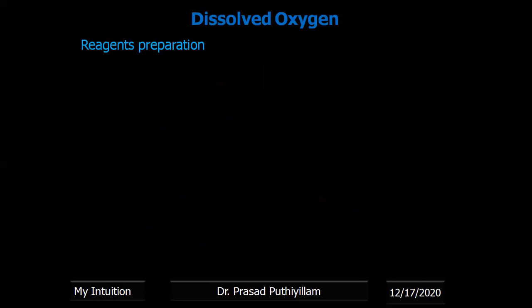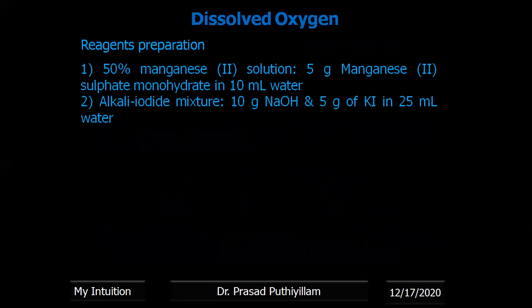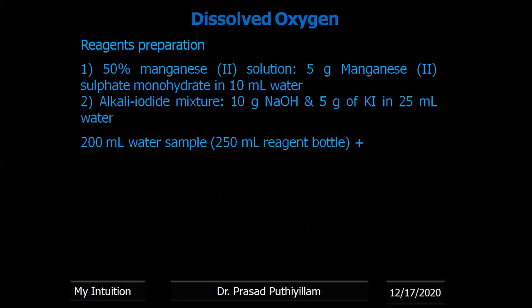For the reagent preparations, 50% manganese 2 solution is prepared by weighing approximately 5 gram manganese 2 sulfate monohydrate in 10 ml water. Alkali iodide mixture is prepared by weighing 10 gram sodium hydroxide and 5 gram of potassium iodide in 25 ml water. 200 ml of the water sample is taken in a 250 ml reagent bottle